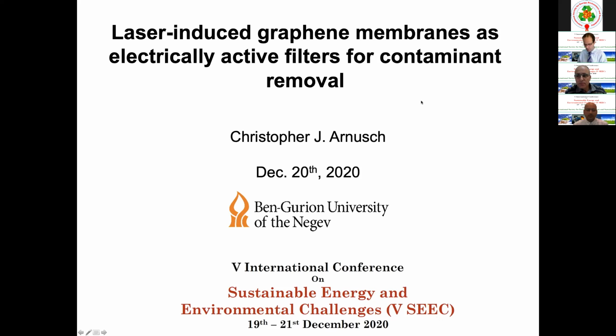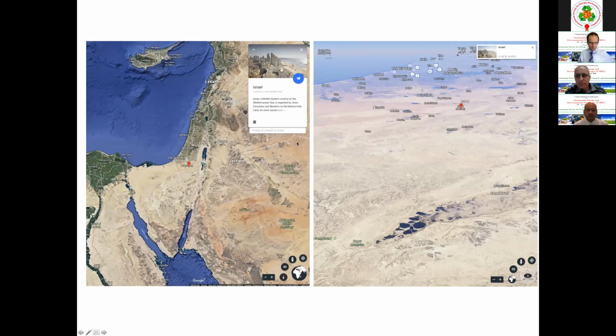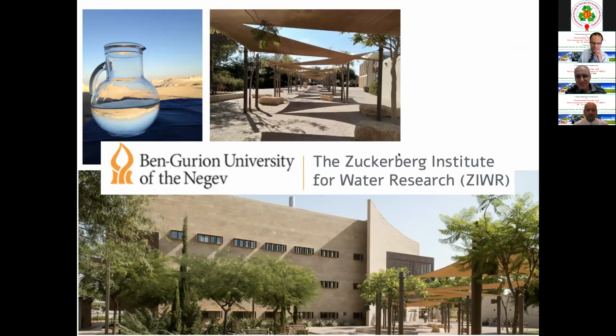Today I'll explain to you, first of all, Professor Kasher, we're also close colleagues. So he explained where we are in Israel, and you can see that we're in the middle of the desert. However, our institute is a very beautiful place. It's situated in the desert. We've got a beautiful campus. There's about 300 students here, so it's very small, but the labs are all brand new. And here are some pictures of the campus.